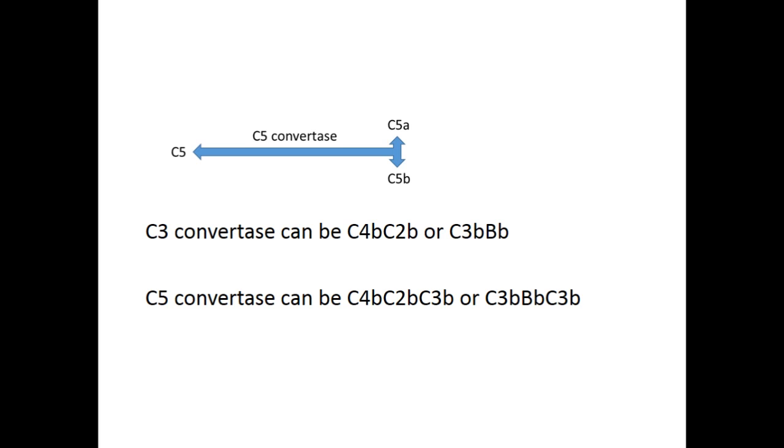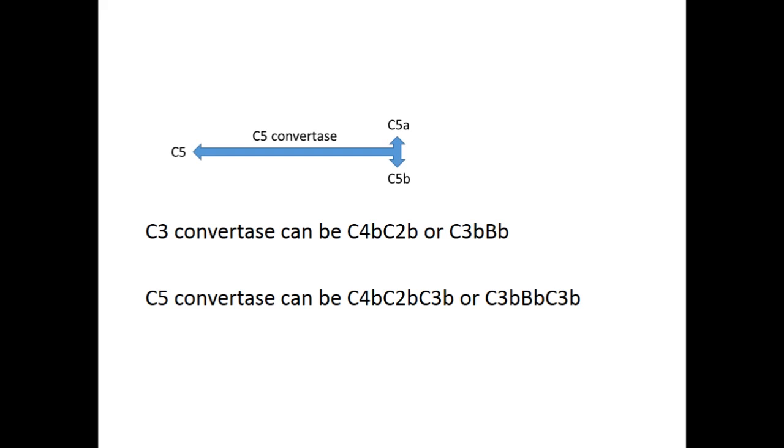Now coming to the point, C3 convertase can be C4b2b, that is in the classical pathway, or C3bBb, that is in the alternative pathway. C5 convertase can be C4b2b3b in case of the classical pathway, or C3bBb3b in case of the alternative pathway. Now the C5b can attach to C6, C7, C8 and C9, some of the other complement proteins that are seen,